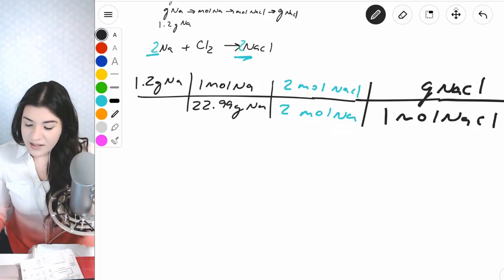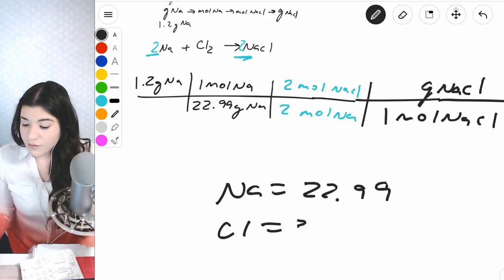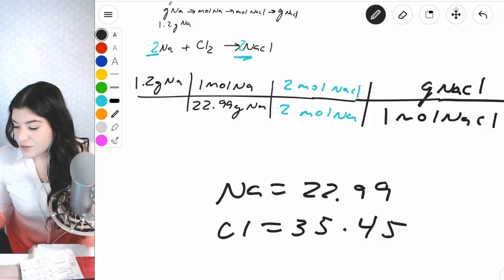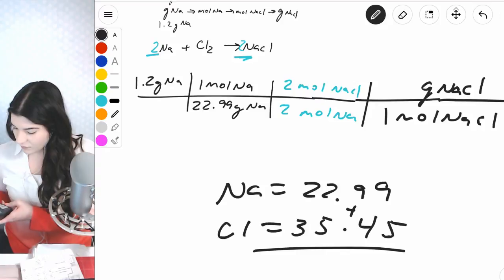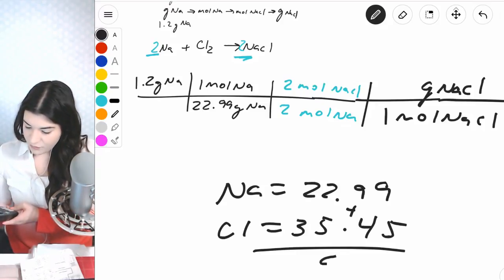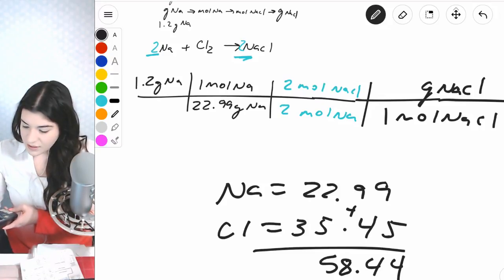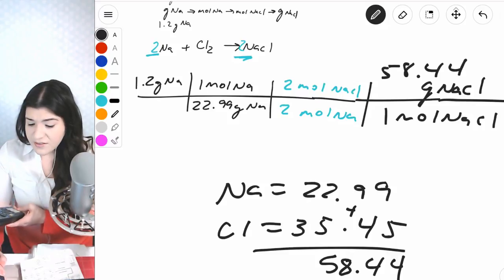For Na, it's 22.99, we said. For Cl, it's 35.45. And we'll add those two together. Let's see what we get. 58.44. That's what I'm going to place on top. And then we'll multiply straight across and divide by